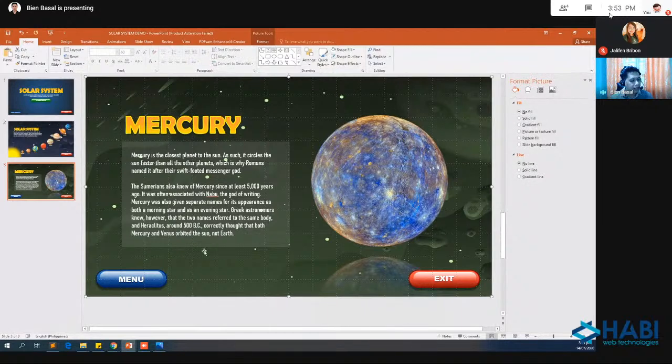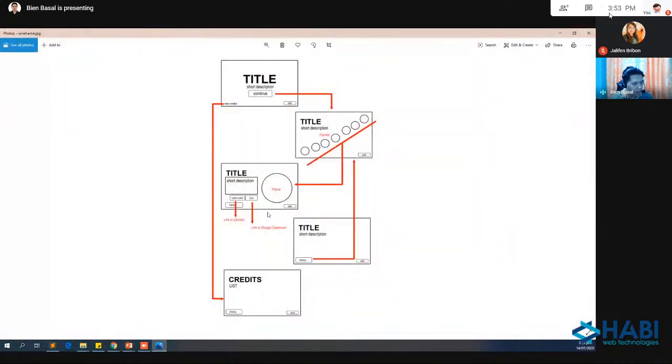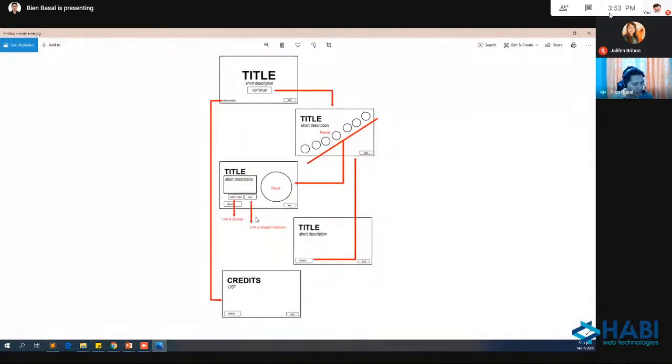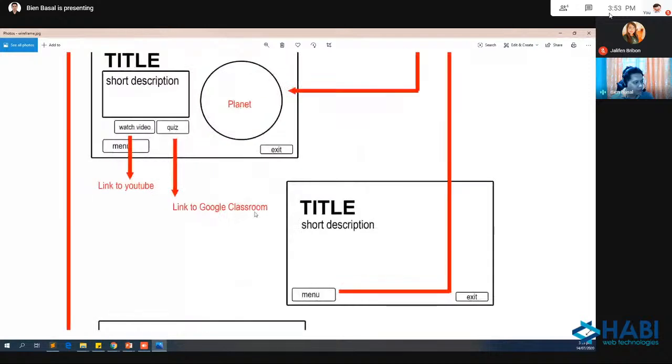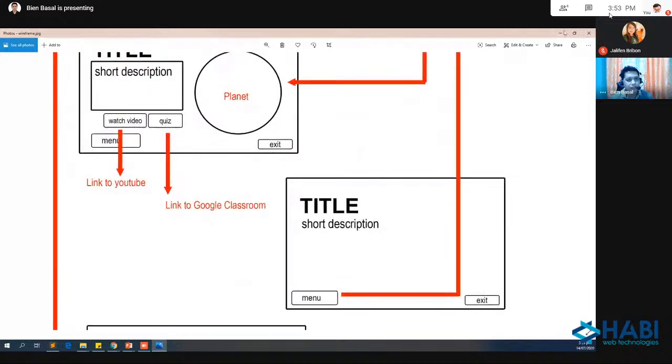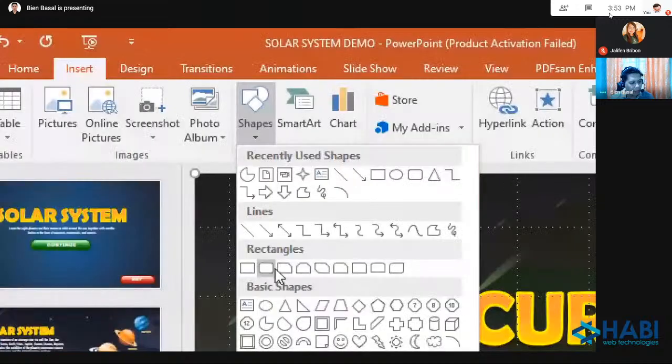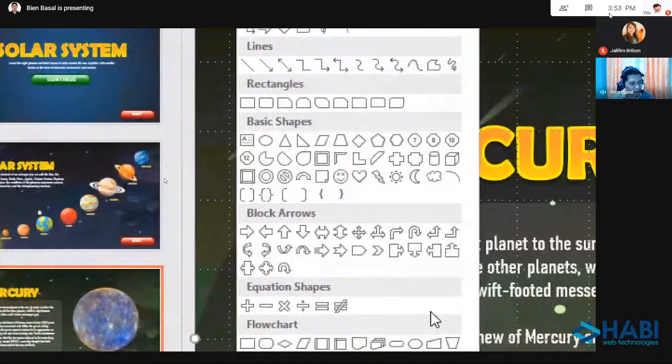So I will test. Not yet, because we still have two more buttons here, which is the watch video and quiz. Take the quiz. So I will insert again. These are just basic shapes. We're just exploring shapes. This one. Or if you don't want to use this one, PowerPoint also offers this action buttons if you want.